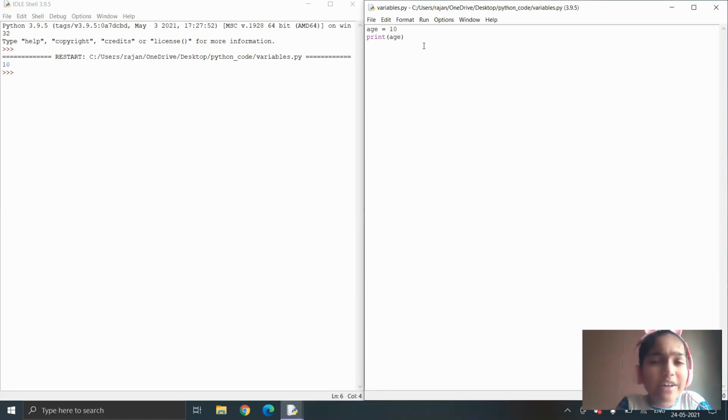Now let me tell you an interesting fact about Python. In Python, the whole numbers are called integers and the numbers with decimal points are called floats. Now let me show you an example. Variables can also be used to do some calculations. So let me show you an example of it. Suppose I write a is equal to 7